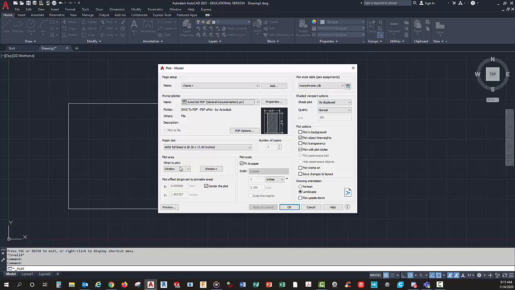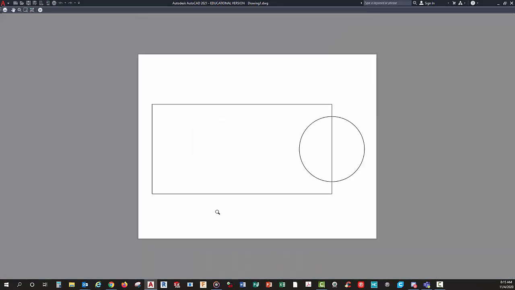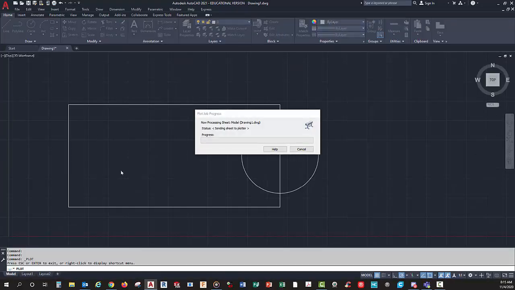Alright, so now that I've said that, what we're going to do is this time I'm going to click on the little printer up here. And notice instead of saying page manager, it says model. And notice this is already set up, this is set up, this is set up. So I don't have to do anything except maybe change the window if I wanted to. Everything's set up the way I want. And then I click on preview. Hey, that looks pretty good, right? And then this time, instead of hitting the little X, if you're happy with it, you click on the little printer, and now